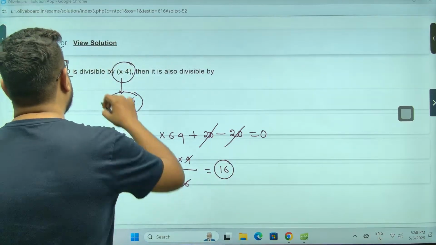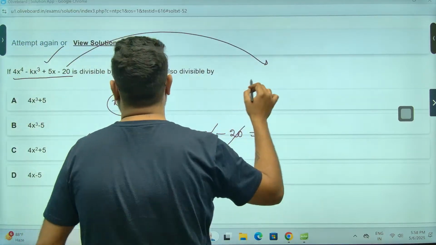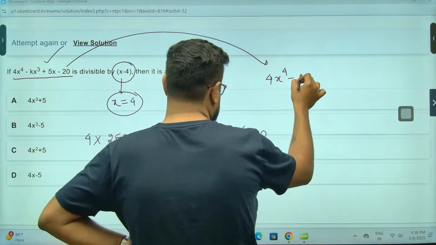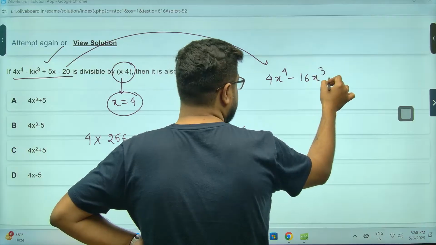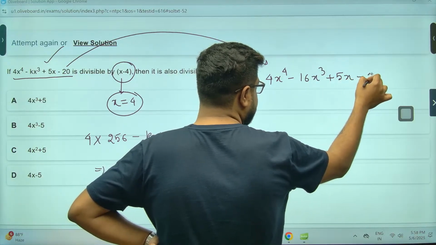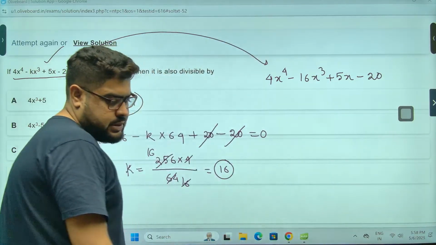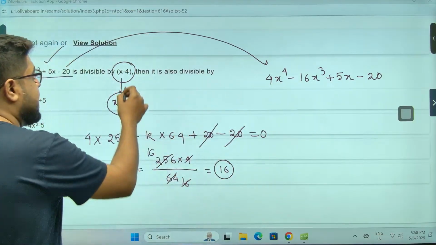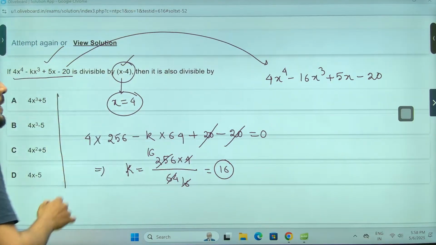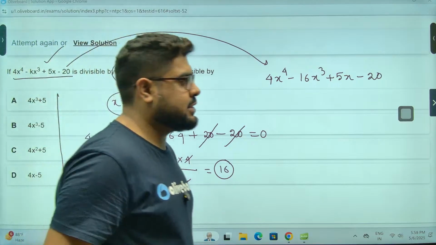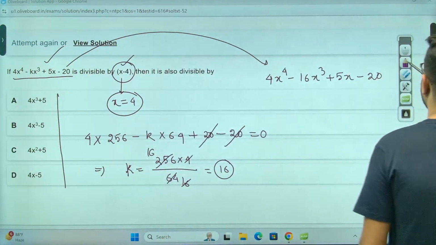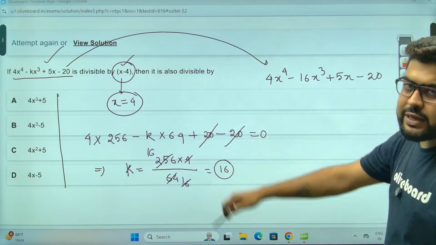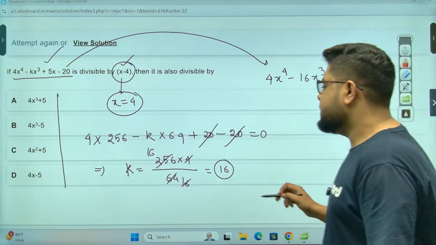So now that means this whole thing becomes 4x to the power 4 minus 16x's cube plus 5x minus 20. Right? This is the whole thing. Now they are asking, this is divisible by what? Now there are two ways to go about this. Either you can put a value that is greater than 1 and check by putting some values, or you can do what? So you divide this